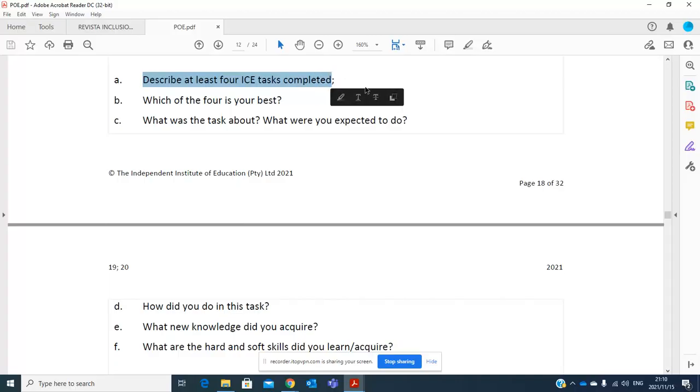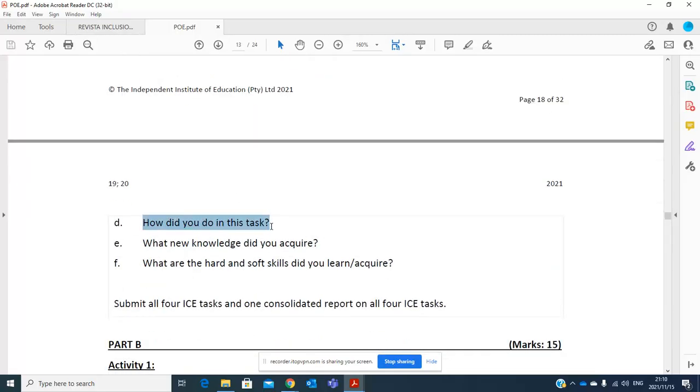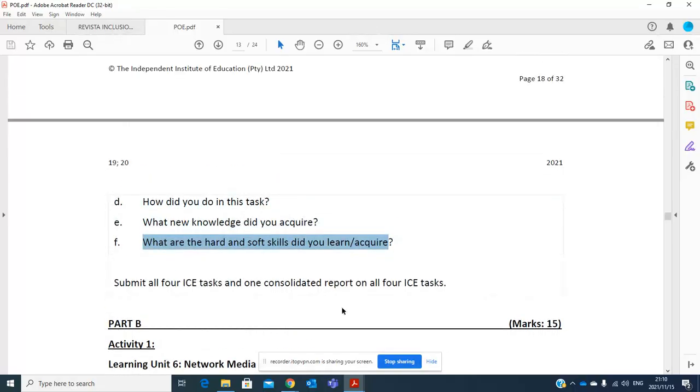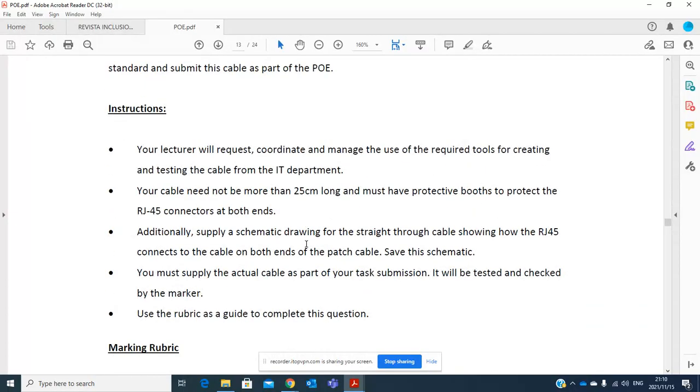You give a description of each task, which of the 4 is your best, what the task was all about. Then we start writing the small report. How did you do in this task? What new knowledge did you acquire? What hard and soft skills did you learn? And then you will go to part B.